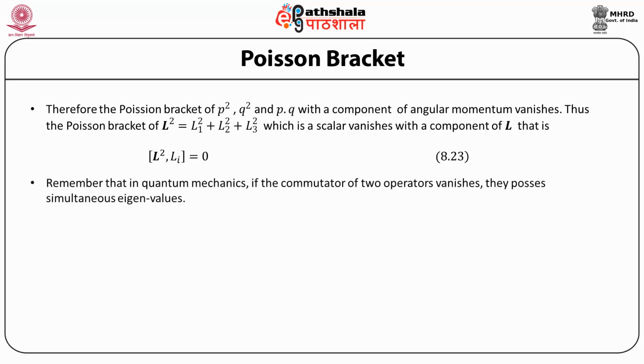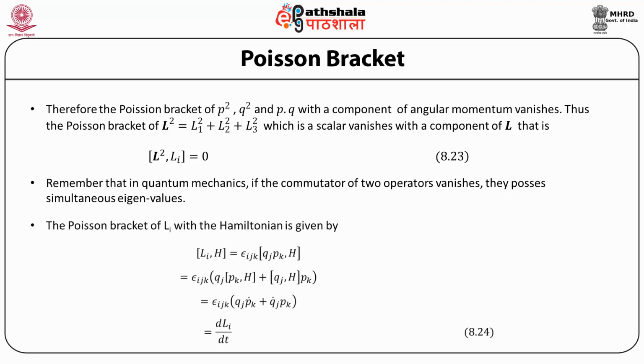Now remember that in quantum mechanics, if the commutator of two operators vanishes, then these two operators possess simultaneous eigenvalues. The Poisson bracket of a component of the angular momentum with the Hamiltonian can also be calculated. It is written as the Poisson bracket of L_i with the Hamiltonian, equal to epsilon_ijk q_j p_k with the Hamiltonian, and using the Poisson bracket expression of the momenta and the coordinates with the Hamiltonian, this can be written as